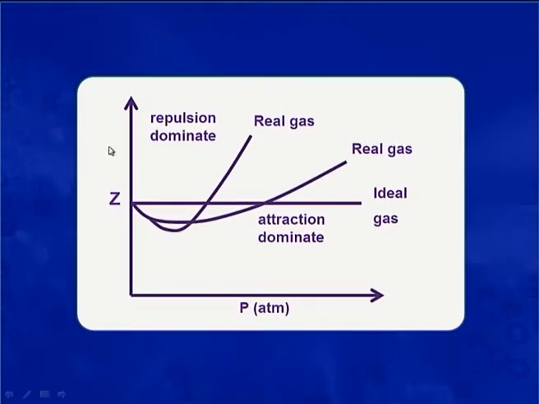So, I told you that this is the graph, and in this portion where the value of Z is less, there is a dip. At moderate pressure, attraction dominates, while when the pressure is high, repulsion dominates here. Some gases show exceptional behavior, those are hydrogen and helium. The molecules of these gases are of very small sizes, and consequently the force of attraction between the molecules is always negligible. So, that is why they show ideal character.